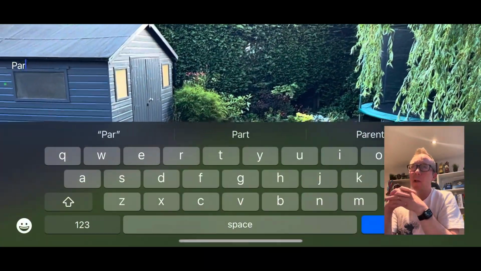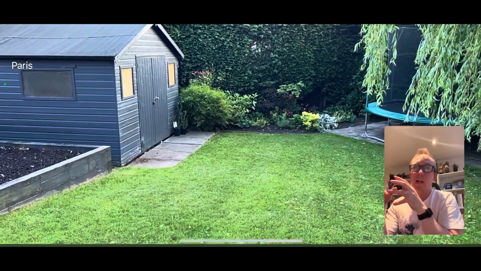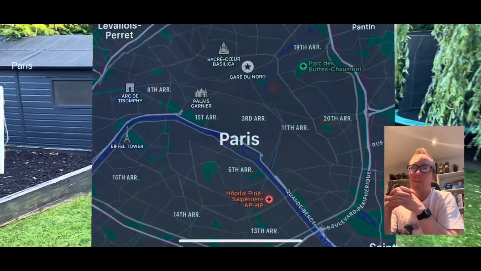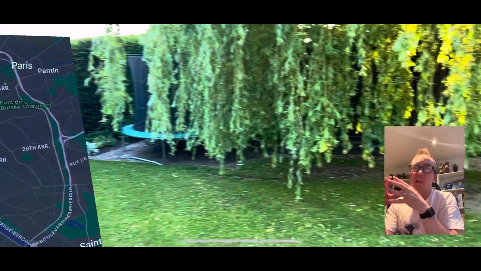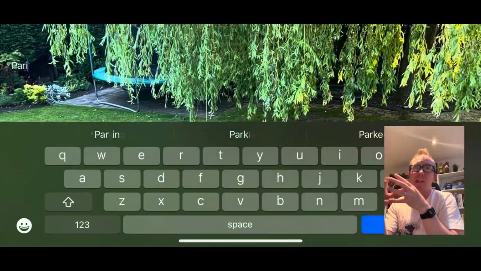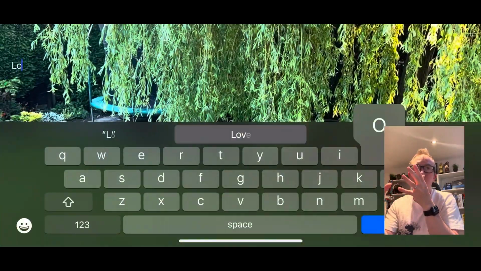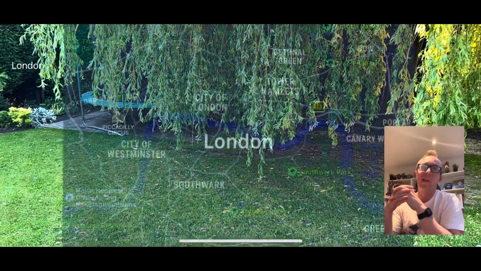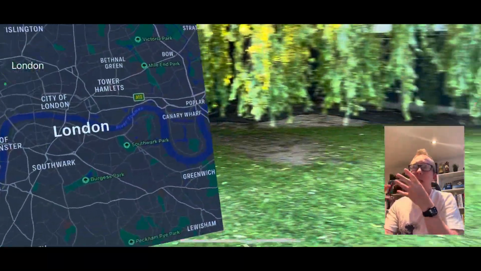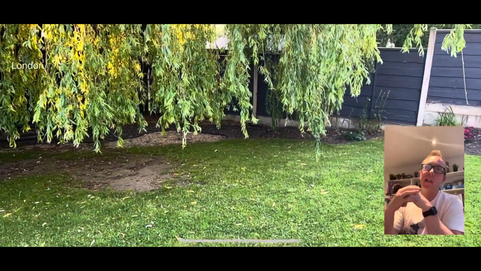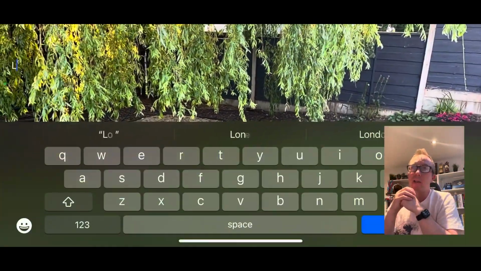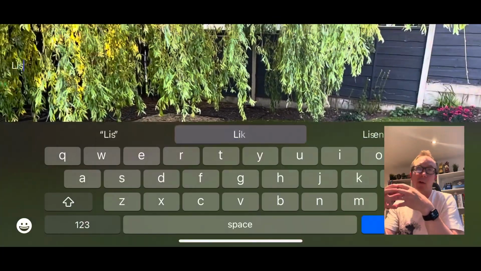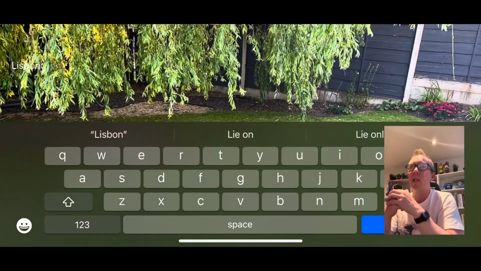So in this experiment, I'm making calls out to Apple's map framework, MapKit, from inside ARKit using something called the snapshotter and sending it over a location like Paris or London. It's then doing a lookup of that location and then returning me an image of that location at a default altitude. And then I'm taking that image and placing it a meter in front of where I made that call